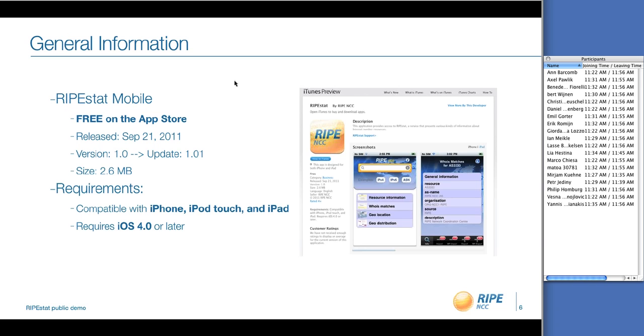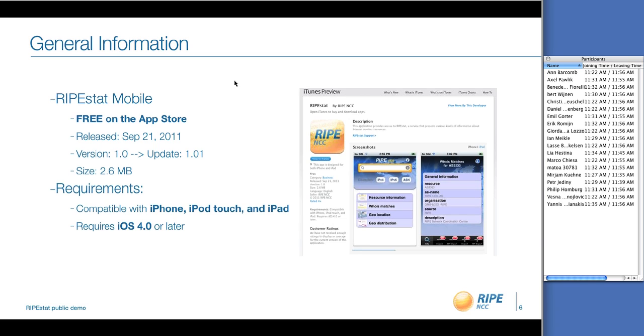The current version of the RIPEstat mobile application was version 1.0 till yesterday night. But now we have a tiny update to version 1.01 with some small graphical bug fixes. That was waiting for the Apple review process. So if you want, you can download it for free from the App Store and try it out.